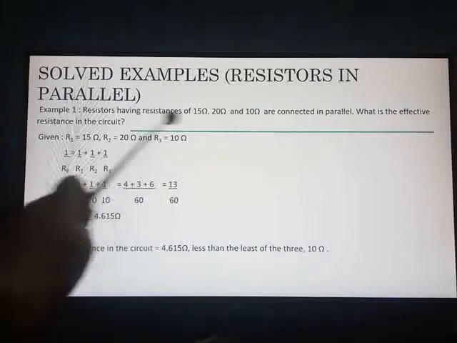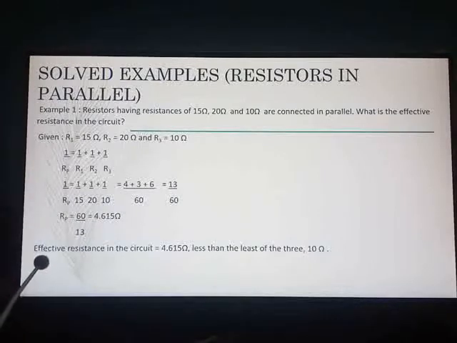So they have asked what is the effective resistance in the circuit. Effective resistance in the circuit is 4.615 ohm, which is less than the least of the 3. Least of the 3 is how much? 10 ohms. So whatever effective resistance you have got, you know it is always less than the individual